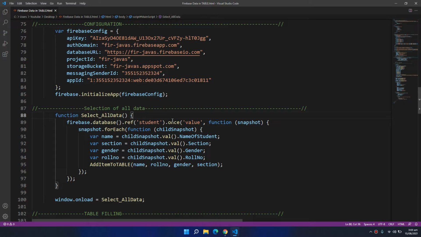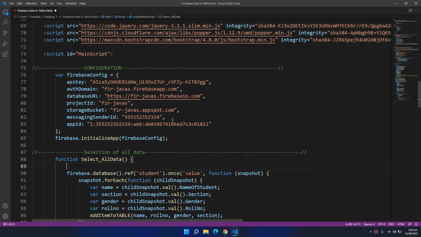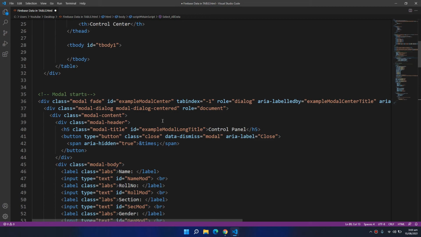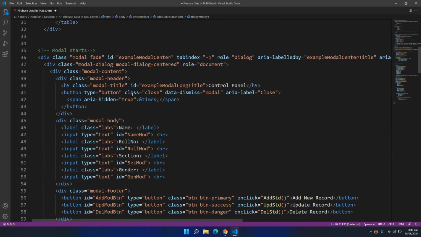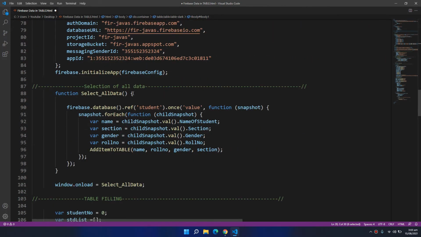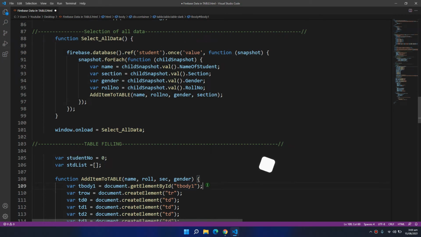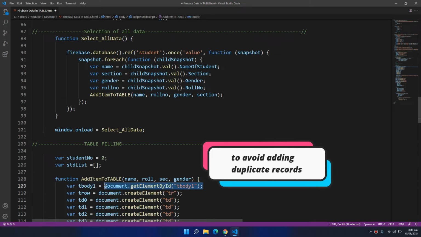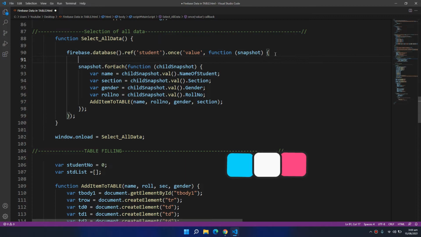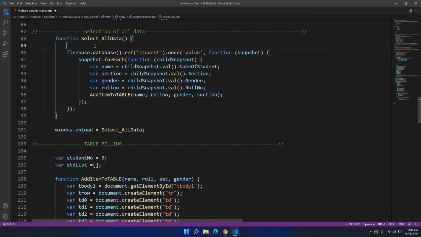Whenever we select the data, the table needs to be empty. So the tbody1, which is referenced over here, I need to empty it at the start of the select all data. So inner HTML equals to empty.